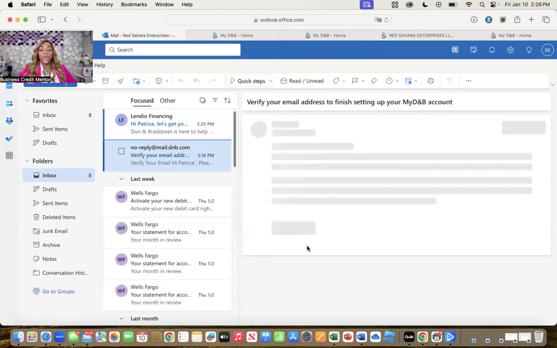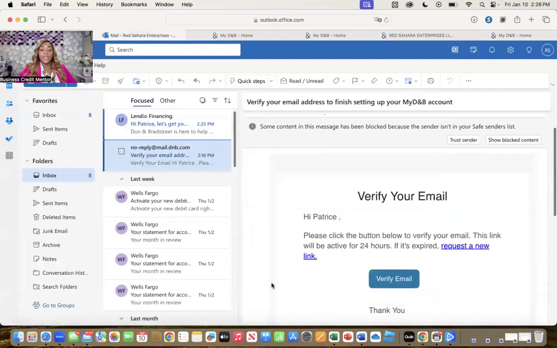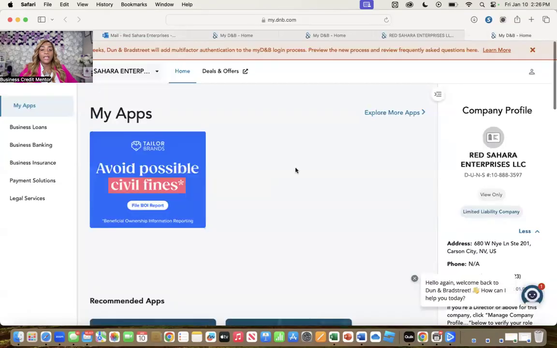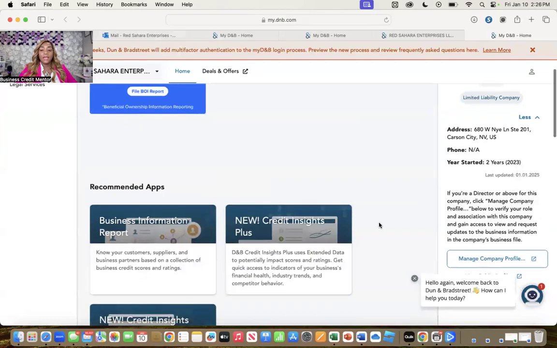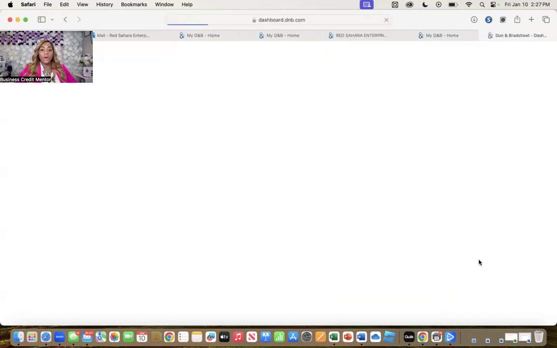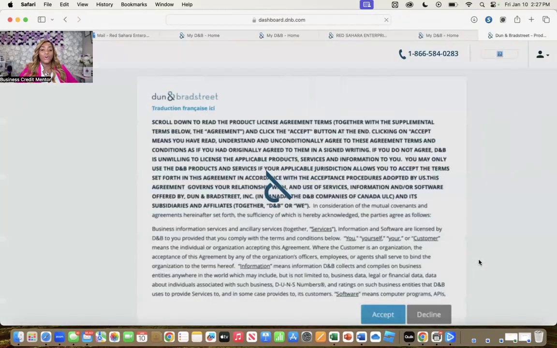Okay, so where we had the email verification, we're actually all set. We have a DUNS number. We already know what the information is for this client when it comes to building business credit, and then we'll move forward with building business credit for this client. Obviously, we have to go in and do some things on our end. We need to put some phone numbers in to make sure that the profile matches up with everything that we're doing. All right. I'm going to go to manage profile one more time, because I'm trying to see if it will allow me to show you without